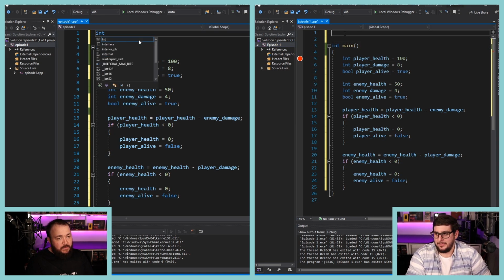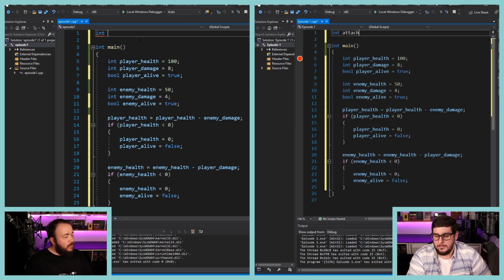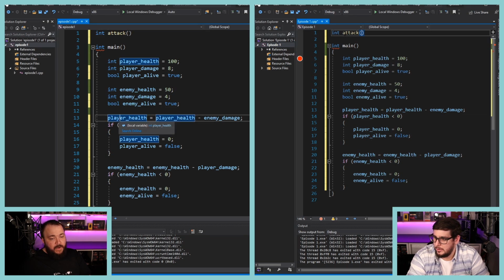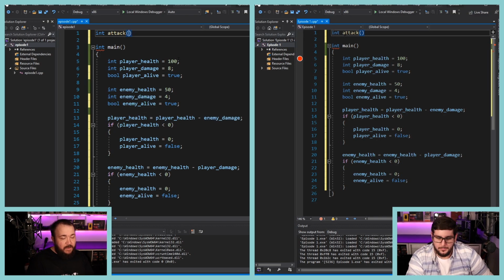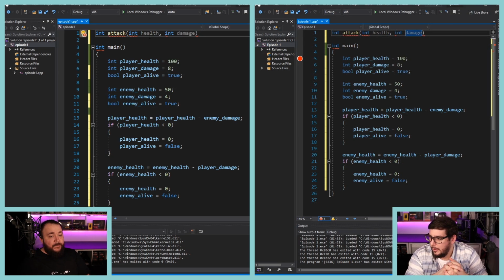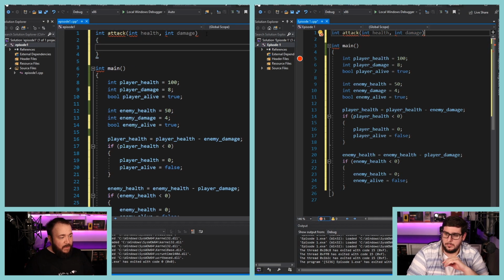We're going to make it return int, and I'll show you why in a bit. So let's call that attack, and we open. What are the common variables that are going on here? Player health and player damage. So it's some sort of health value and some sort of damage value. Let's just call it health and damage. We can then think of it as implied that the damage is being done to this health. So we could have a feature where you can do self-damage. So we have this function.